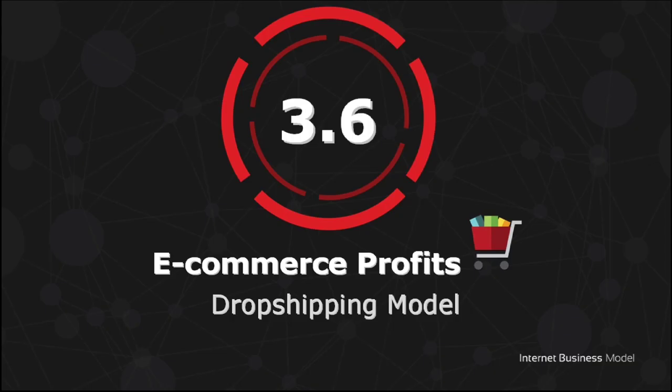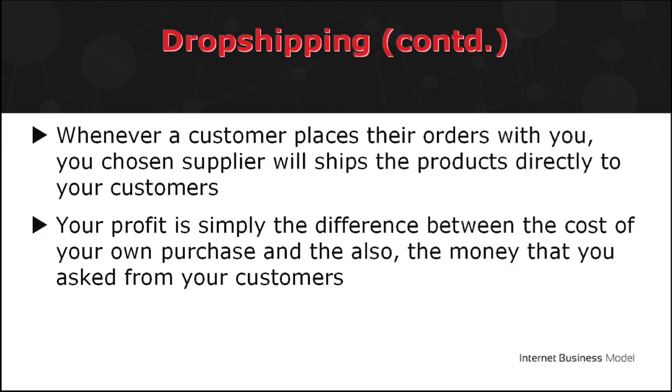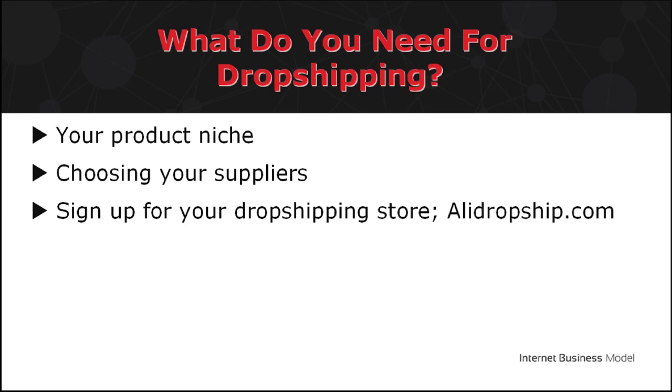The final e-commerce business type is dropshipping. Unlike POD, running a dropshipping business means you sell products that you don't own to your customers. When you receive orders, your chosen supplier ships the product directly to your customers. Your profit's simply the difference between the cost of your own purchase and the money that you asked from your customers. All you need to have is: